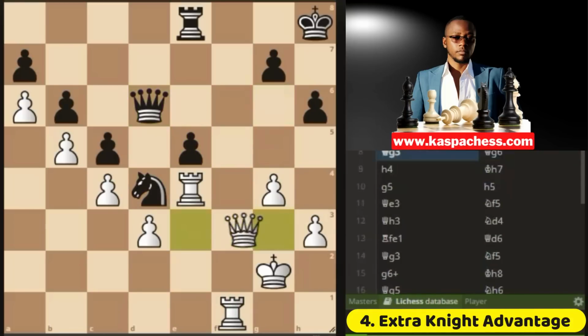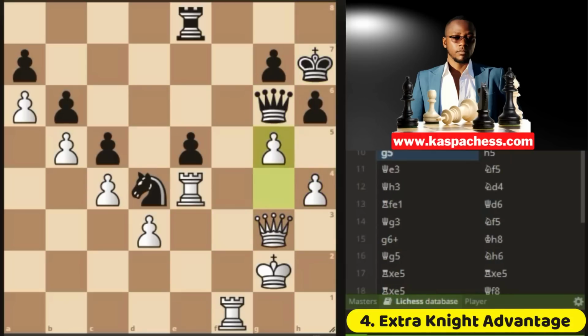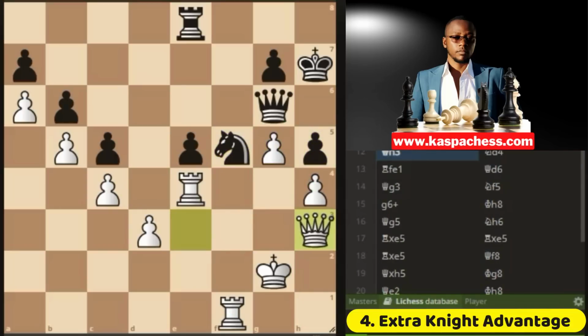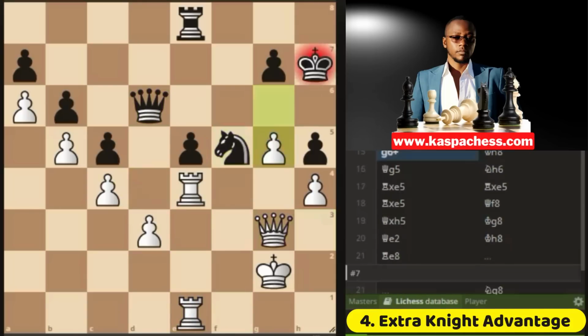The thing is, this was a clear winning position for white. King h7, pawn to g5. Taking won't be a wise thing because of this and this. h5 was played. Then queen e3, or just shuffling around the pieces. Now Eric's knight is attacked twice. So knight d4, rook f1, and on the next move, Levi managed to trick Eric so that after takes, he